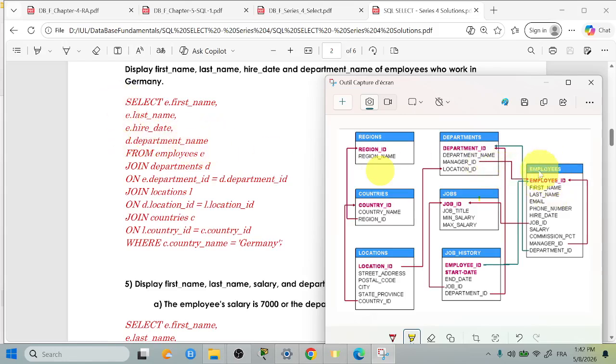From employees E, we should join employees with what? We should join employees E with department D, right? So from employees E, join department